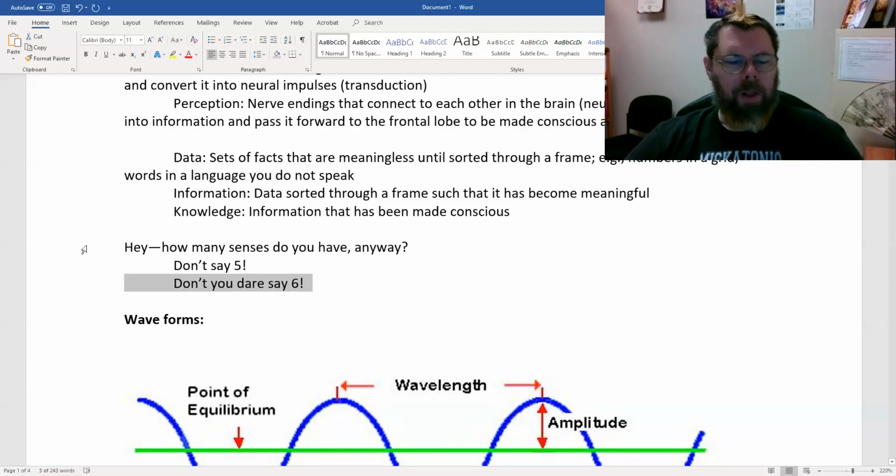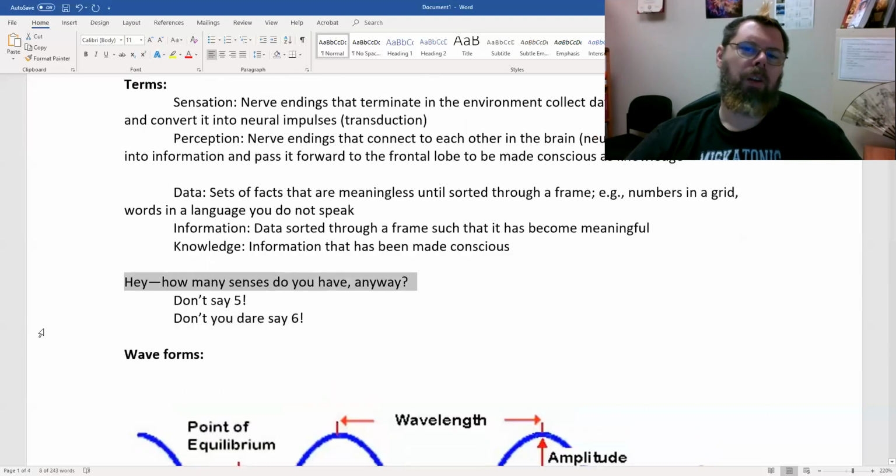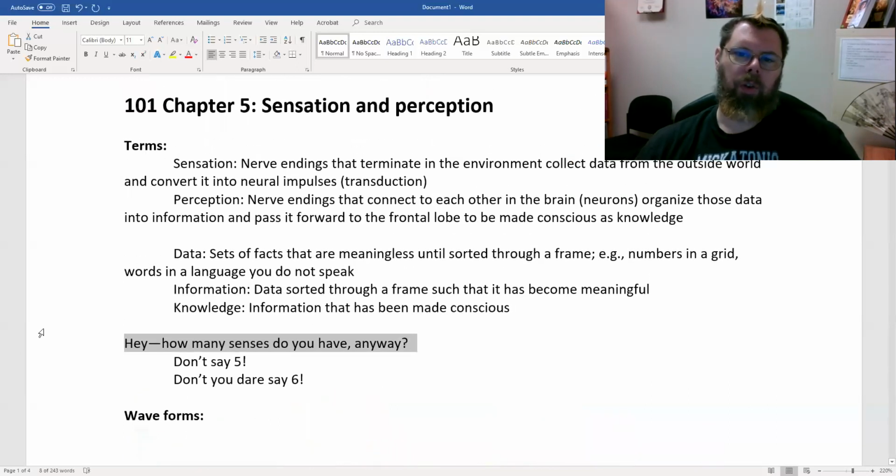How many senses do you have? Well, it depends how you define a sense. You can get in all kinds of trouble starting this discussion without operationalizing your terms first. So for our purposes, a sense means that it has a discrete collection apparatus and it has a part in the brain where it's processed individually. So scientists who study this stuff are going to come up with between 9 and 21 senses. And it's really in that equivocation, really in that definition.